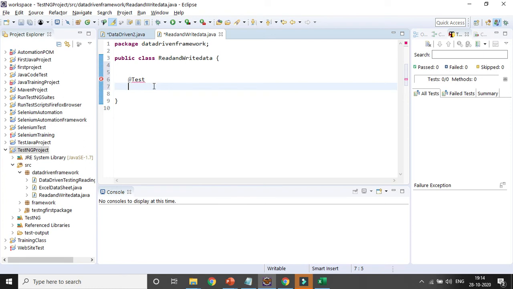After the @Test annotation, I need to create one method. So I will use public void. I will create the method name as Facebook login page.